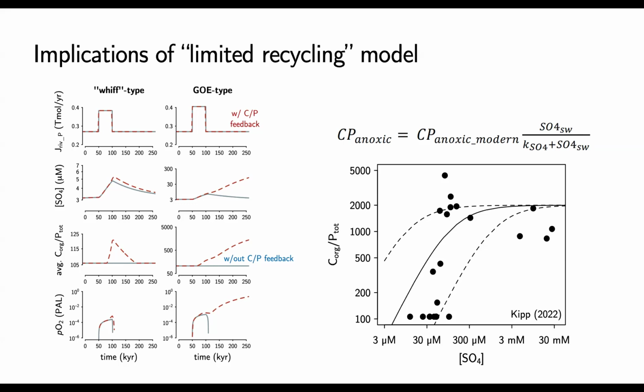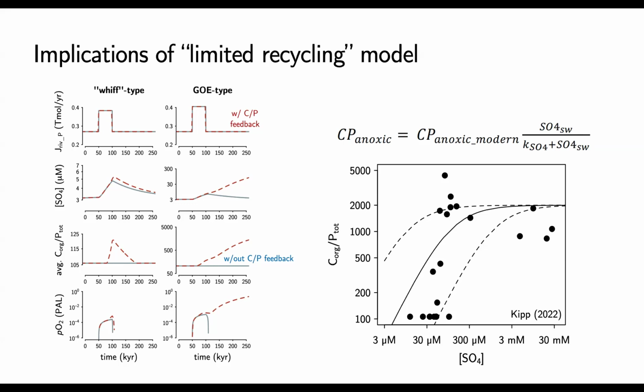And the only difference between these two scenarios is that the GOE event here gets a little extra pulse relative to the whiff event. What that does, the pulse of phosphorus, if we have a phosphorus-limited biosphere, causes more productivity, organic carbon burial, oxygen accumulation. So if you look in the bottom panels, we get from this vanishingly low baseline a small pulse of atmospheric oxygen. These are units of PAL, present atmospheric levels. But I'm looking at two different cases for each of these events.